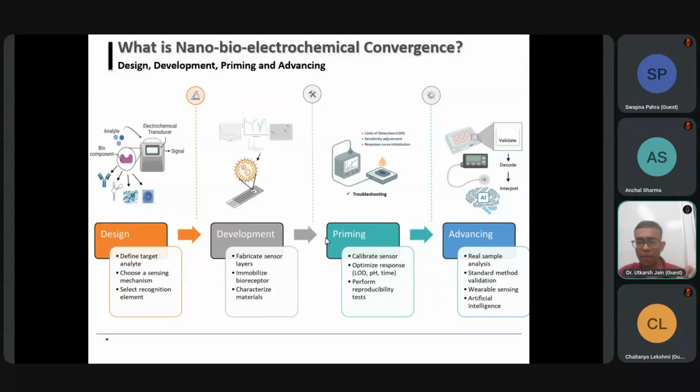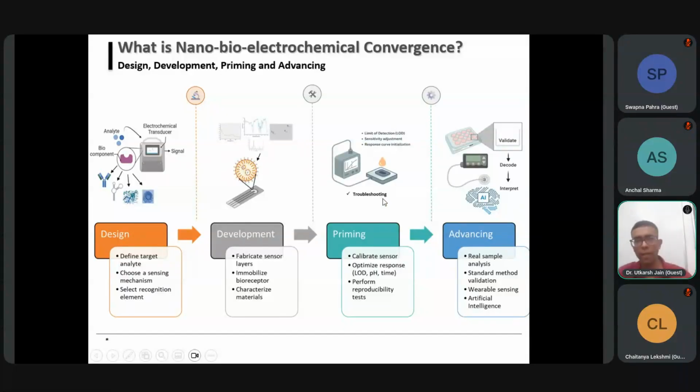But here the priming is actually the start or initiation of a particular convergence, where once you have started that part into, say in our case, an advancing or commercial stage, that initiation we require. So it requires a lot of optimization. Optimization is one part of priming. And we need to focus on a couple of parameters, including the limit of detection, sensitivity, response time, and a couple